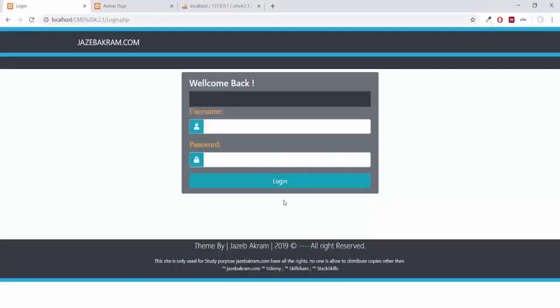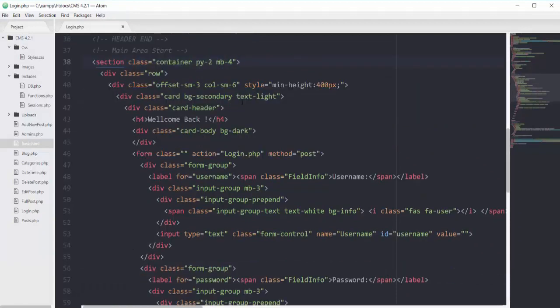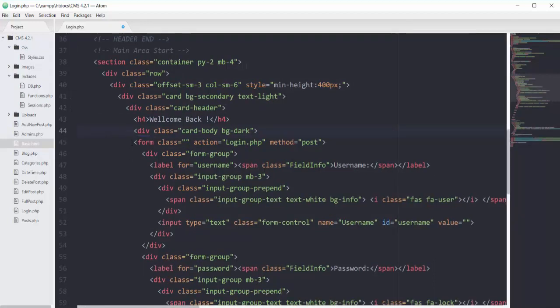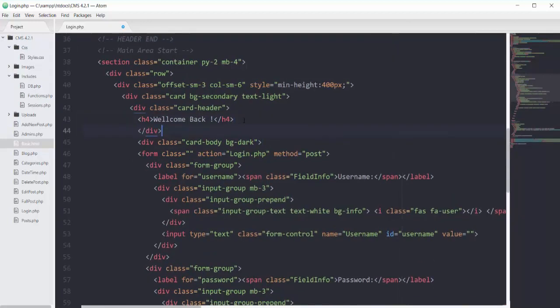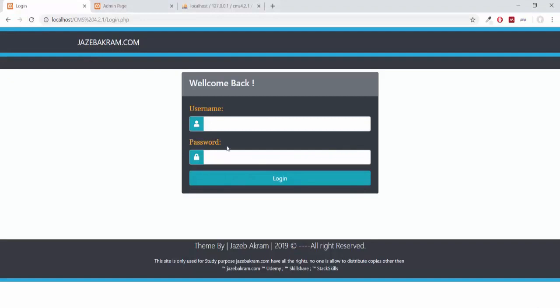So this is it for designing. You can see that this black header is not occupying this welcome back, so we must have placed it after the card header div. So you can see that this div is starting from here and it's not wrapping up our welcome back, so I have to cut it from line 45 and I can put it on line 44. So if I refresh my page now, you can see now we have the background to our whole body of black.